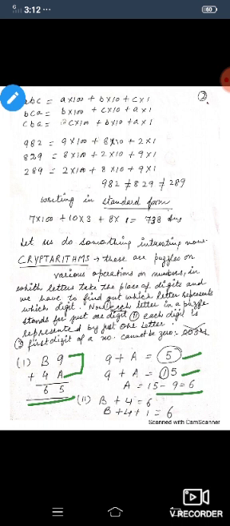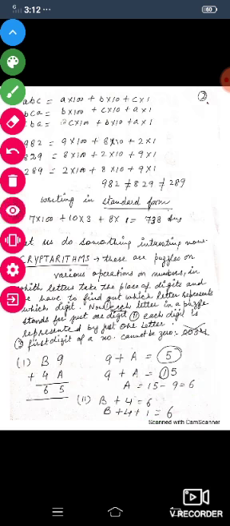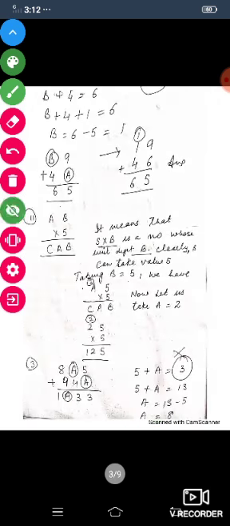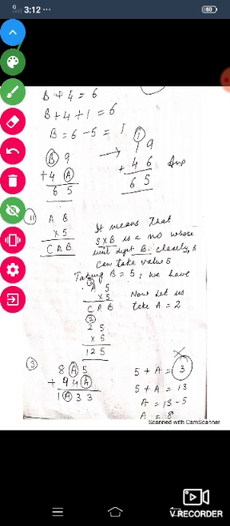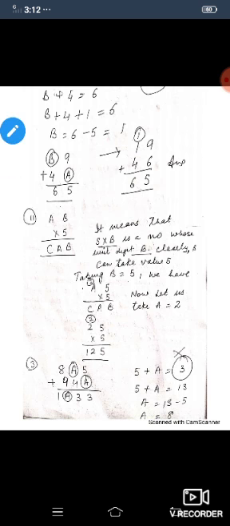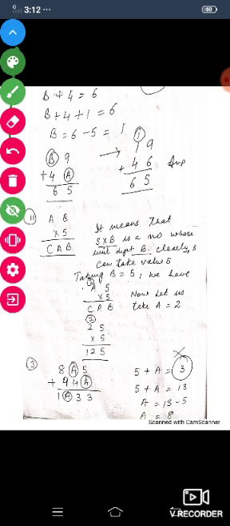Then B plus 4 is equal to 6. In the first one where we have written 15, 1 is carried over to B. So, B plus 4 plus 1 is equal to 6 and B is equal to 6 minus 5, that is equal to 1. Now, our question will become 19 plus 45 is equal to 65.